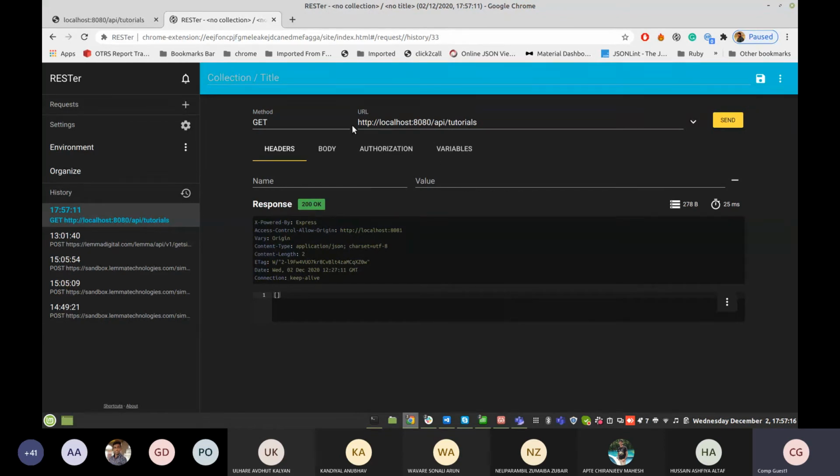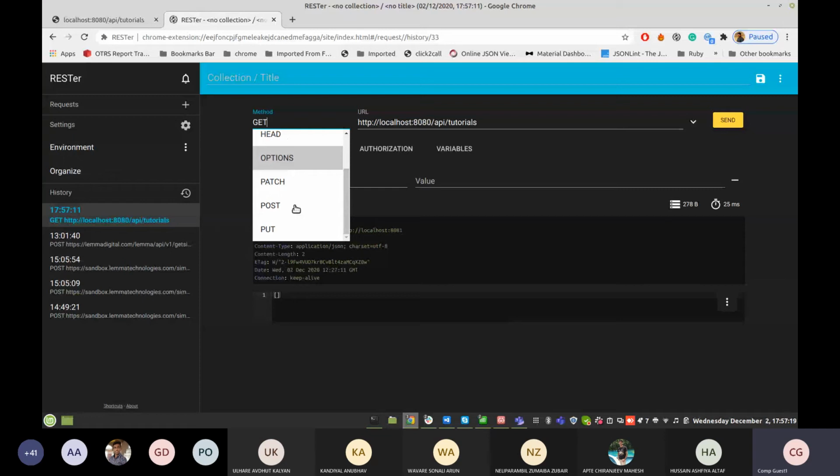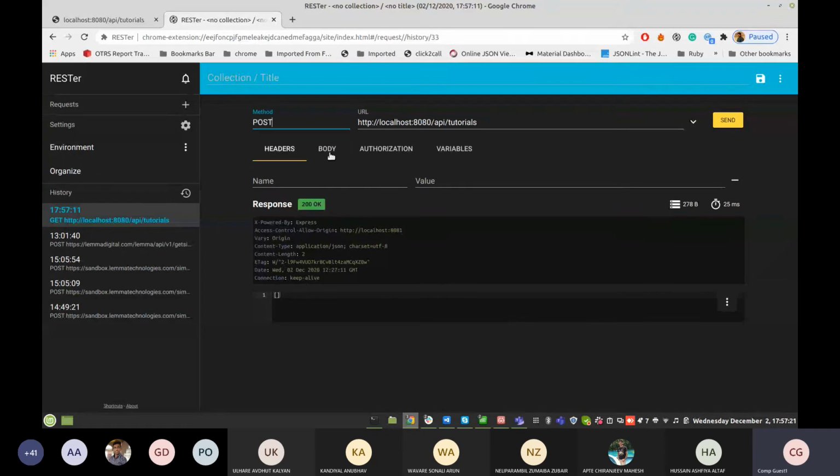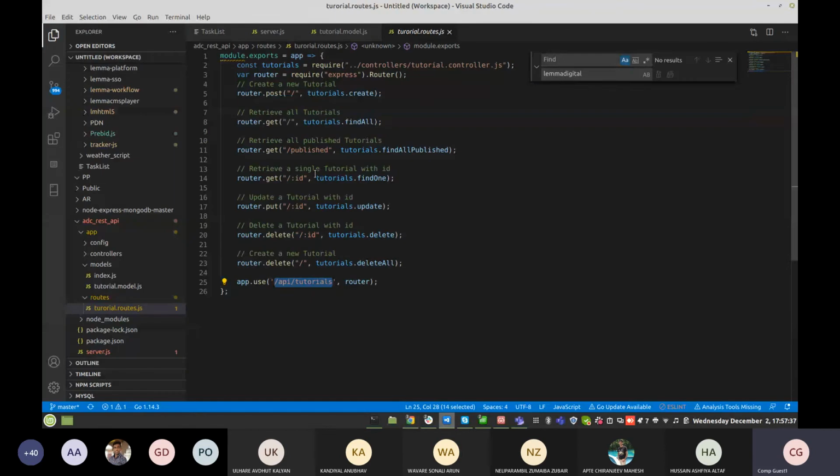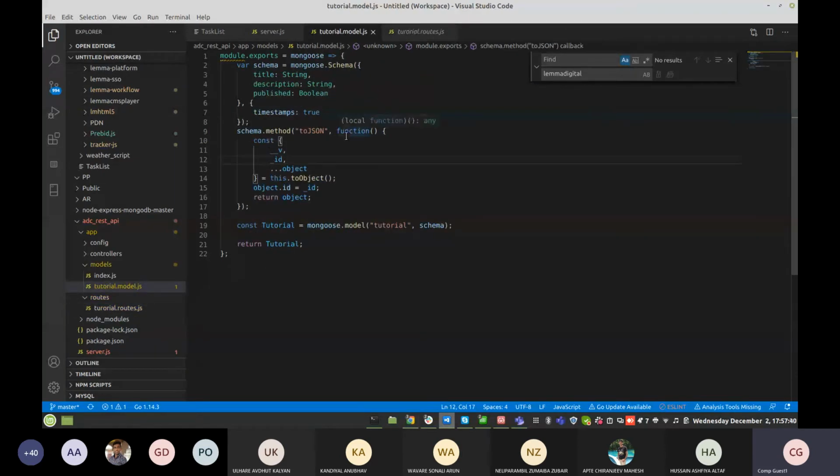Now I need to use the same for the post to save the data inside our database. So we can see whether the collection is created or not using the DB queries. So now we need an object. So what object? Let's see what schema we have defined. So this schema is defined.